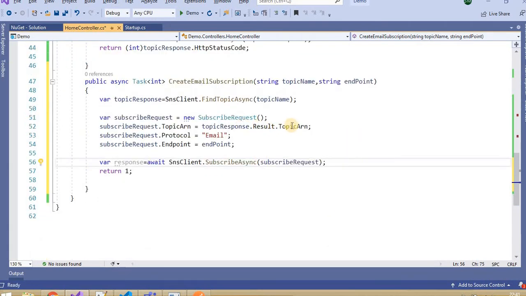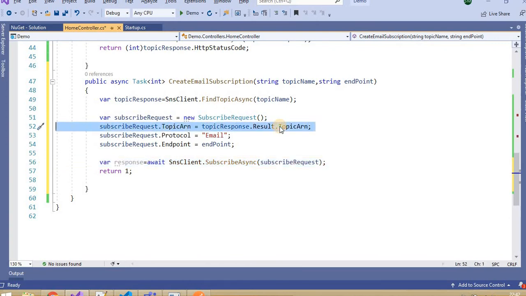What we passed here: the topic ARN, under which topic we want this subscription, then the protocol, which type of protocol we want, then the endpoint, which will be the email ID. Then we pass this subscribe request to the subscribe async, and it will create that subscription under the topic for which we passed the topic ARN.